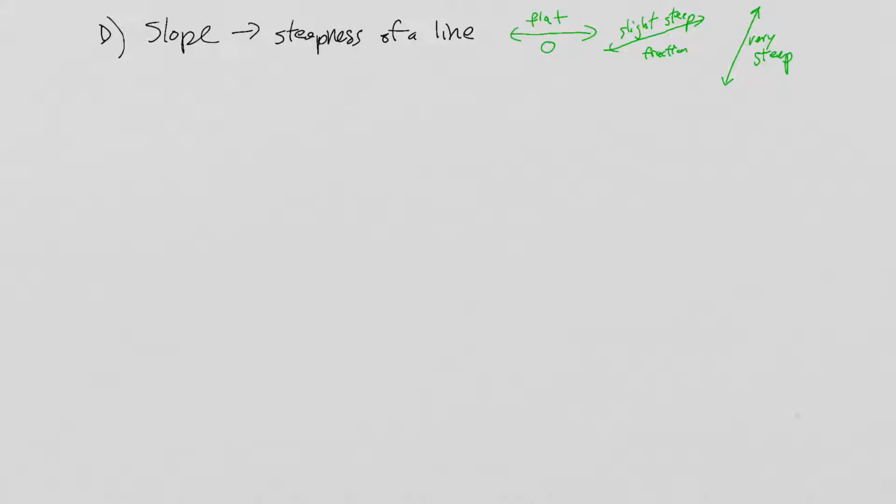And then very steep will be, so fractions basically are in between 0 and 1. This one is like that, and steep would be anything greater than 1. So 2, 3, 4, 5, 6, those numbers will make it very, very steep. Okay, and if you put negatives, it's just going to make it go in the other direction. All right, so that's just a quick little